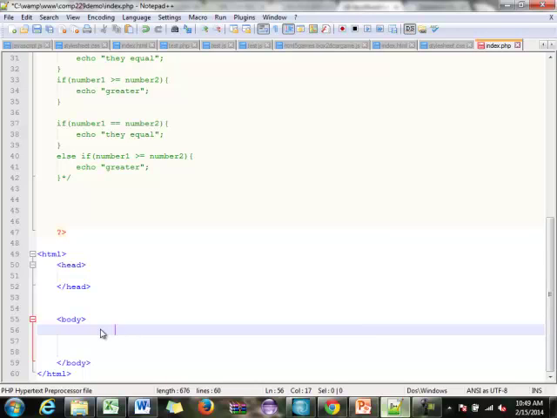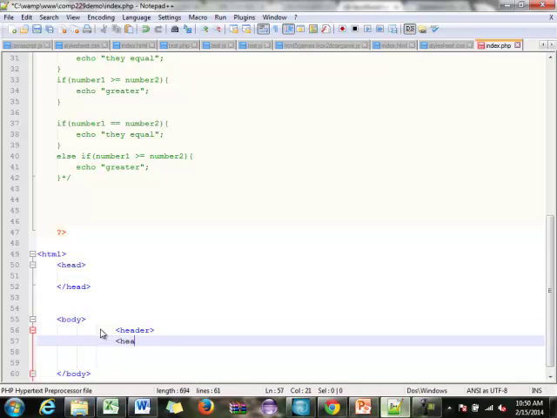Okay, so let's say in your body you have a header. In this header, eventually you're going to make a login system, so that people have to log in. Normally you might say welcome user. That's boring. We want to say welcome whoever is on the site. So how can we do that? What we do now is insert a little bit of PHP code